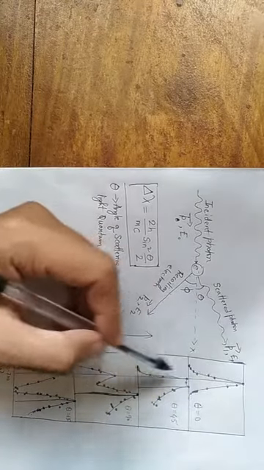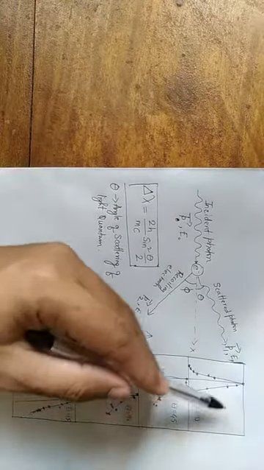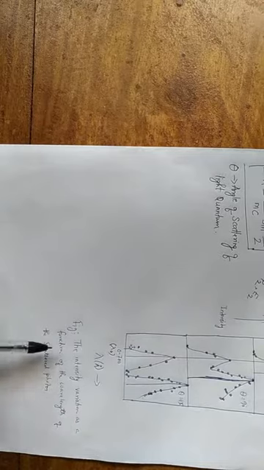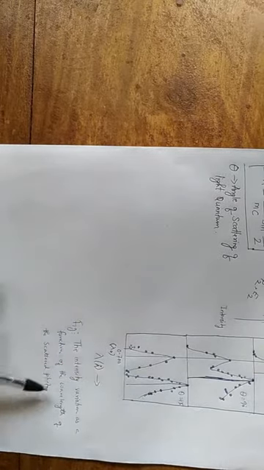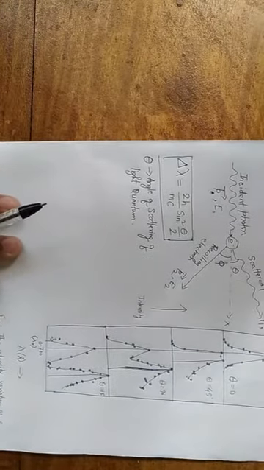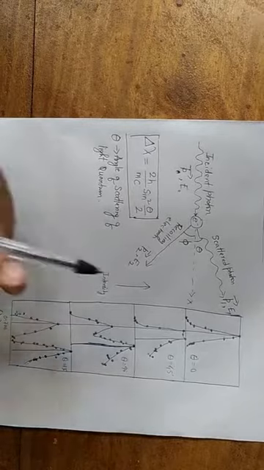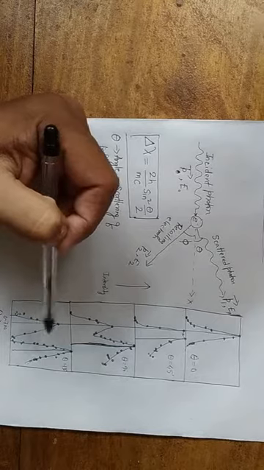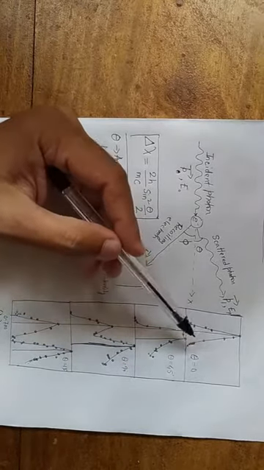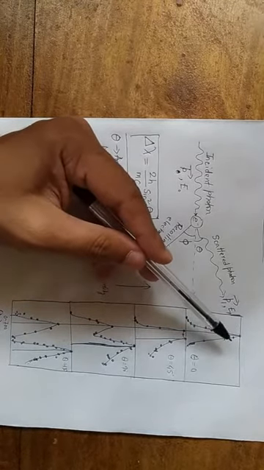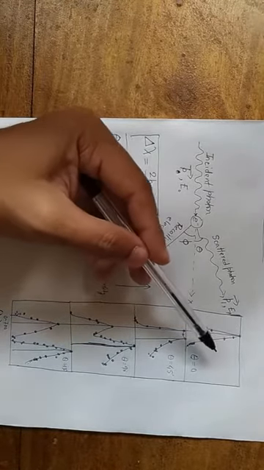Now this diagram which you see on my right is the diagram of the intensity variation as a function of the wavelength of the scattered photon. So you should look at this carefully. There are 4 diagrams, 1 2 3 4. In the first diagram, we see that there is only one peak, and this peak